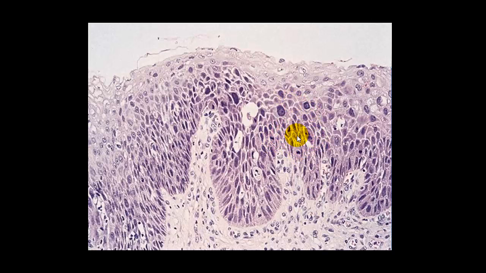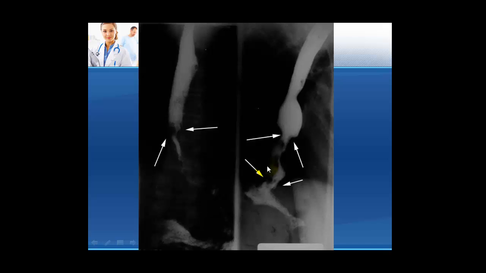So this is a case in which dysplasia is occurring, and this dysplasia sooner or later, if you do not follow up properly, will lead to a squamous cell carcinoma. This is an X-ray picture of a barium swallow, and you can see there is an obstruction. Just looking at these pictures, we cannot really differentiate between a squamous cell carcinoma or an adenocarcinoma unless we know the clinical history and other investigation results in these patients.